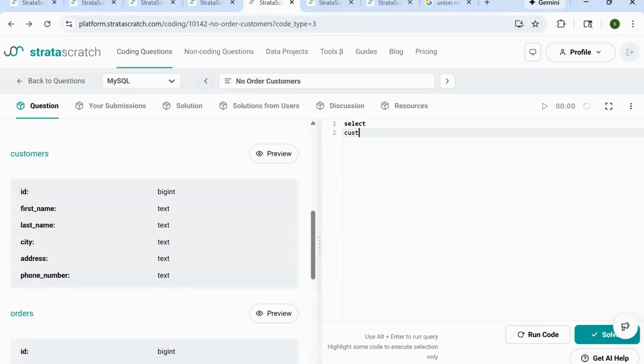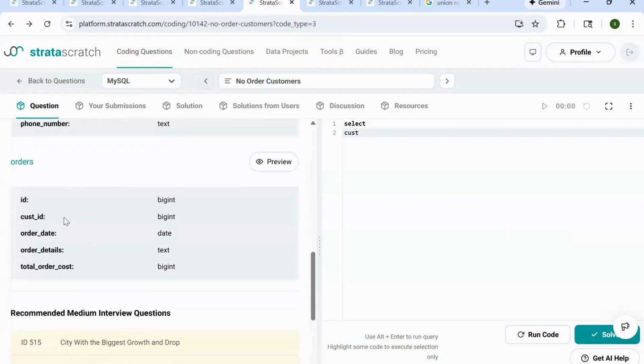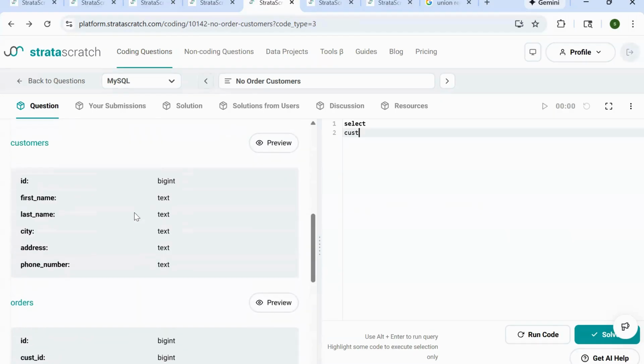So based on the order date, first we can identify the correct customer ID, and then we can join with customers to get the name. Okay, let's try out something. Let's select star from customers left join orders on c.id is equal to o.cust_id, and we just need a couple of